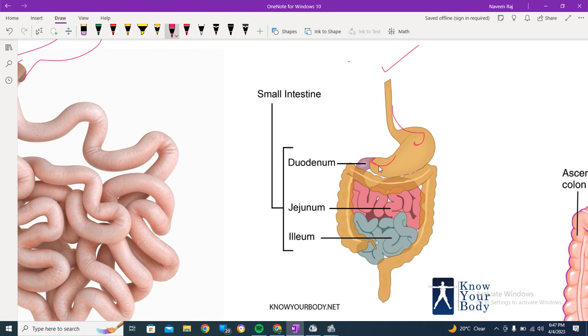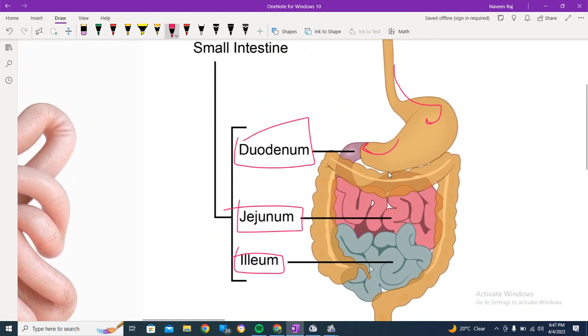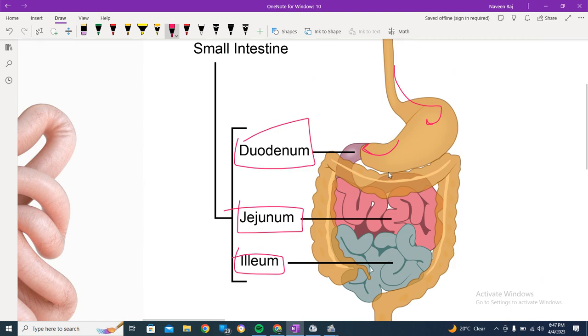Now here a point comes: the small intestine is further divided into three parts: the duodenum, the jejunum, and the ileum, right? Three parts. And all three parts have been shown in this picture in different colors. The purple one is the shortest part of the small intestine, the one which connects the stomach and the small intestine. So the duodenum is the shortest,